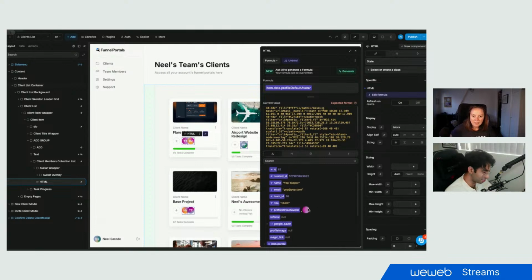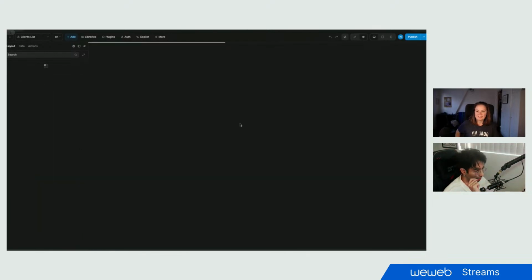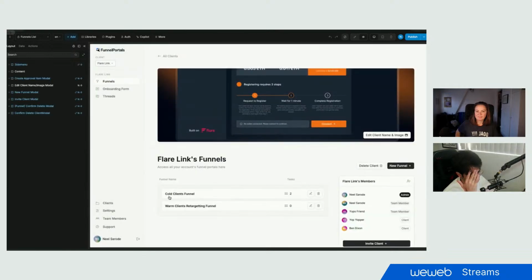Yeah. That's cool. It renders the SVG down there. That's really cool. That's really nice. All right, very cool. Yeah, that's how that works. I think that's the only one. And then the other external API is, and this is the one that I actually had trouble with, is when